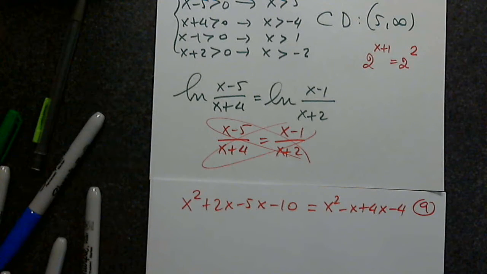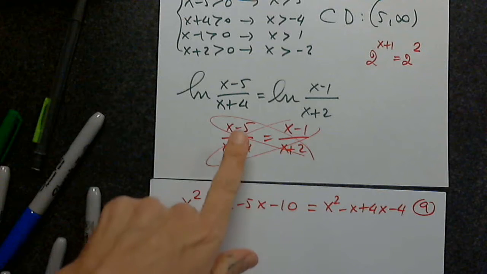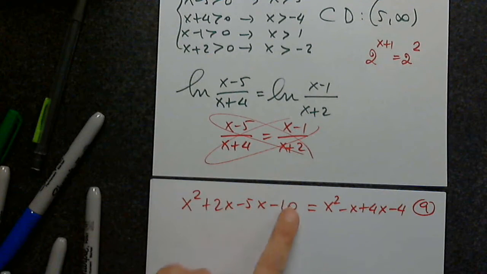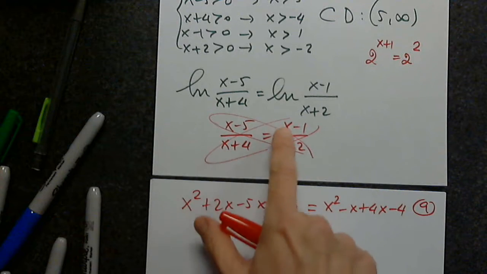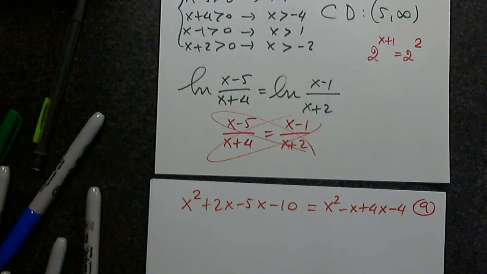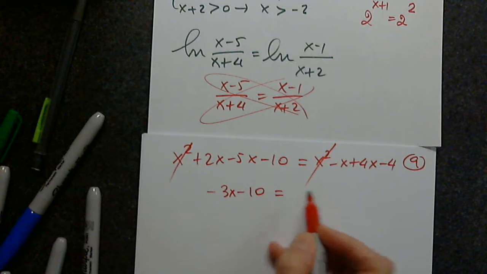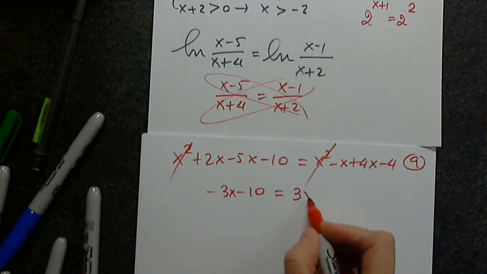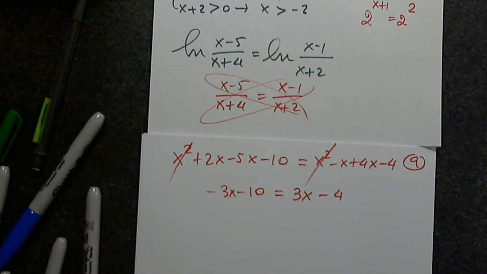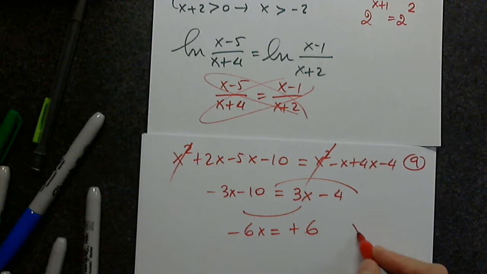Take a moment and multiply. So x times x is x squared, x times 2 is 2x, negative 5x times x, negative 5 times x, negative 5x, negative 5 times 2, negative 10. On the other side, x times x is x squared, negative x, positive 4x, and negative 4. x squared with x squared, when I subtract, they go away. Negative 3x minus 10 equals 3x minus 4. Negative 3x minus 10 equals 3x minus 4. I move, so negative 6x equals positive 6. Therefore, x equals